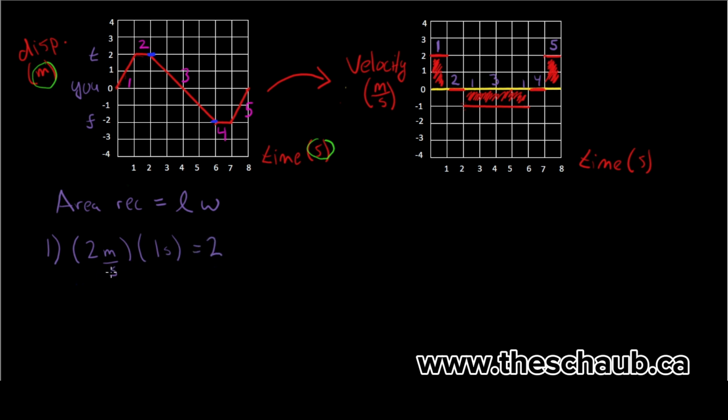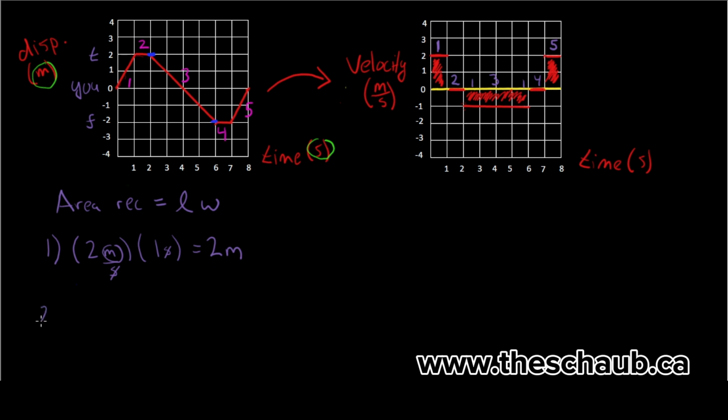The units on the top and the bottom cancel. So our seconds on the bottom cancel with our seconds on the top because anything divided by itself is 1. So we're left with 2 meters. Before we more deeply analyze the area of our first segment, let's quickly calculate the areas of our remaining 4